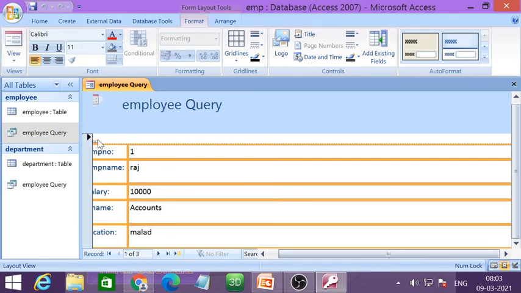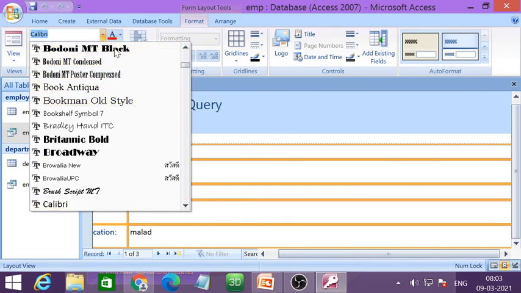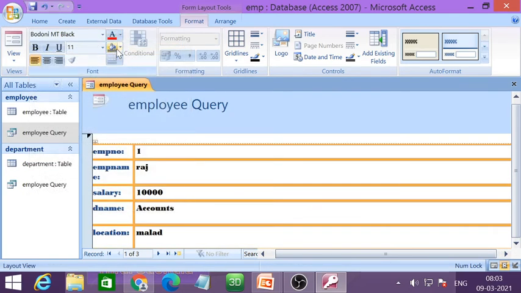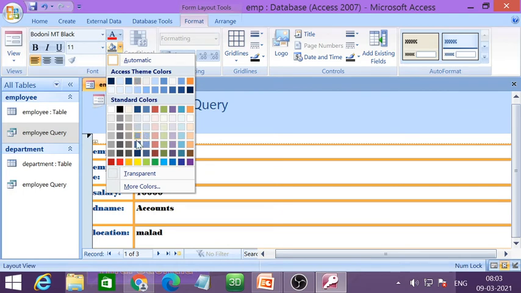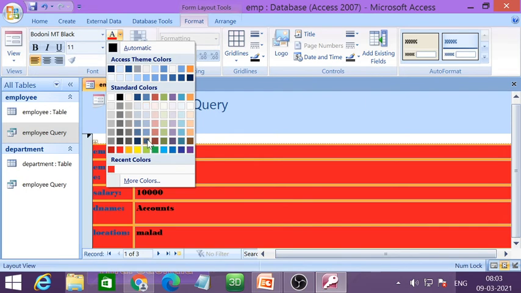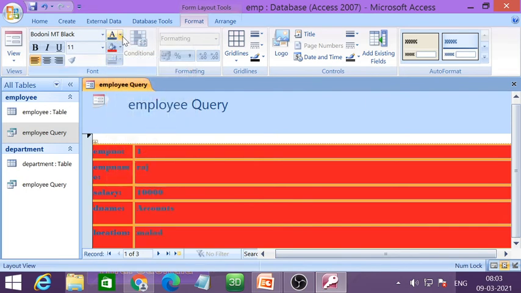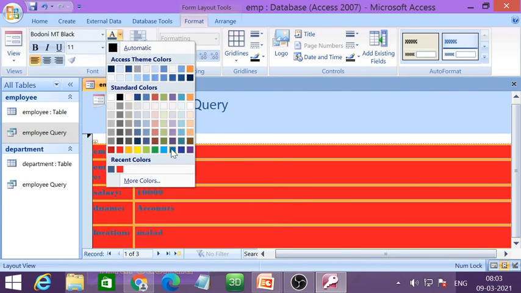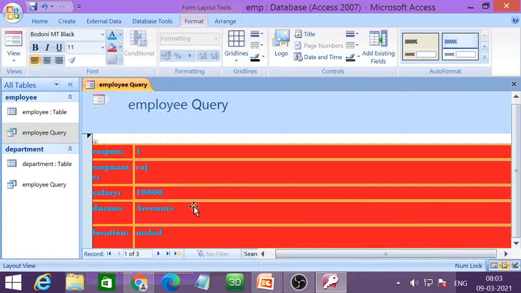Click on this small plus sign, and change the font style, font color, background color, and you can apply formatting to your form.